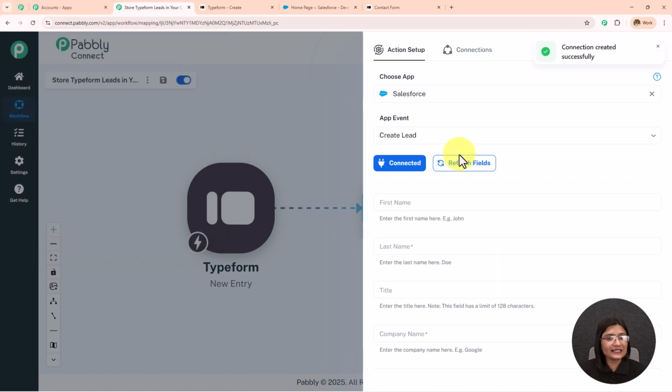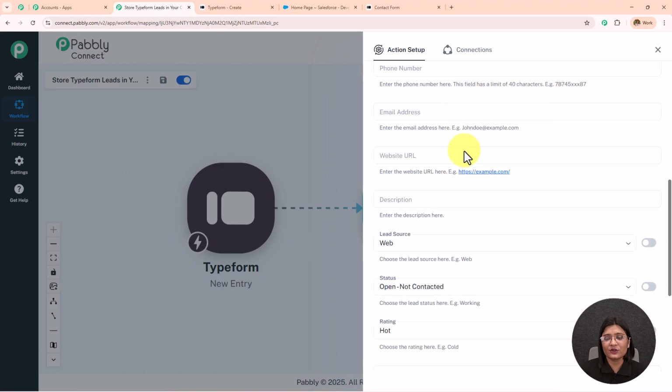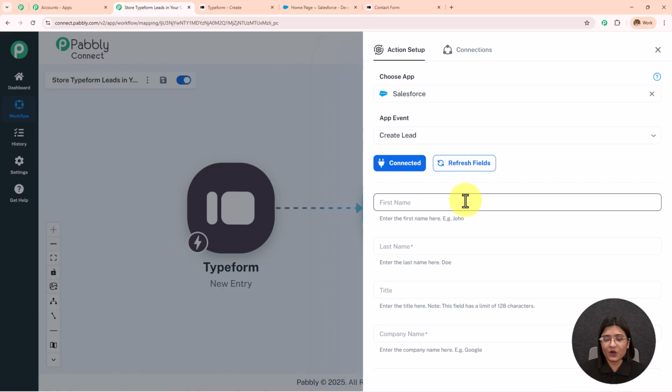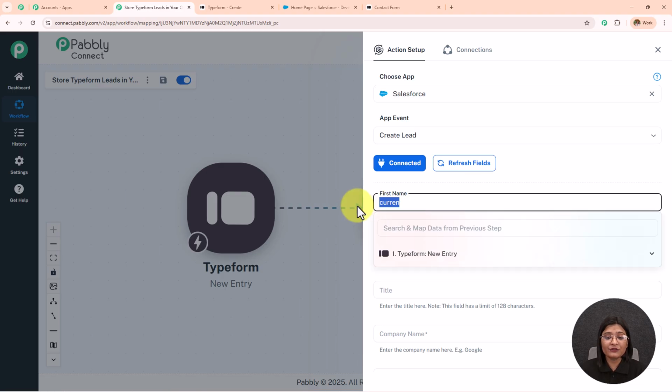Your data is completely safe with Pabbly Connect, so you can do this. Now here, as soon as the authorization is successful, I need to fill in all these details. So I'm not going to enter the details manually. Instead, I'm going to use a method called mapping, which means I'm going to enter the data from the previous